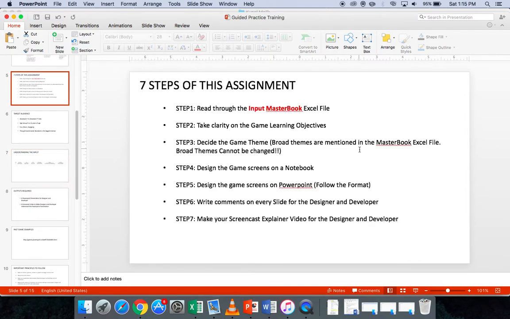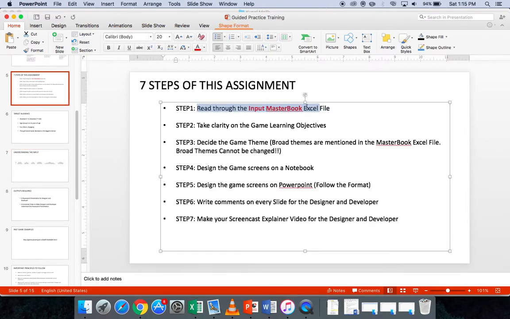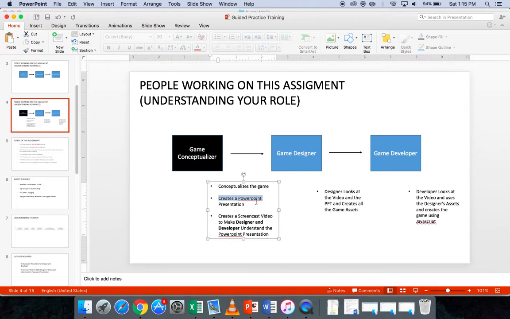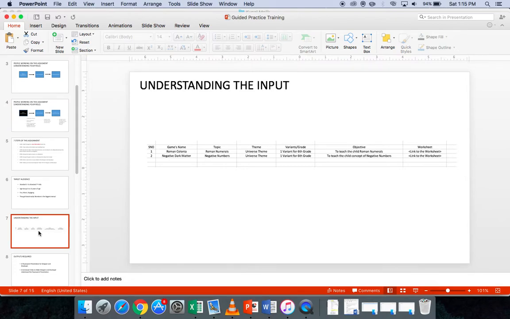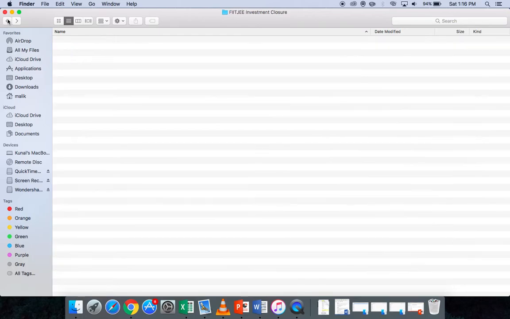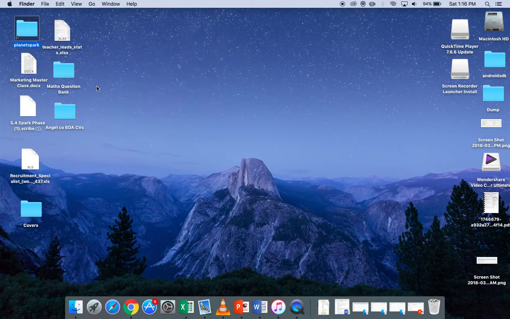Let me repeat again. So what is the input? The input is the input master book Excel file that you will get. And what is the output? The output by you is to create a PowerPoint presentation and to create a screencast video on that PowerPoint presentation for the game designer and the game developer. Clear? So this lesson is dedicated to understanding the input in a little bit more detail. So I'll take you through how the input is to be taken. You're already aware about the basics, so I will again discuss a little bit more so that there is absolutely